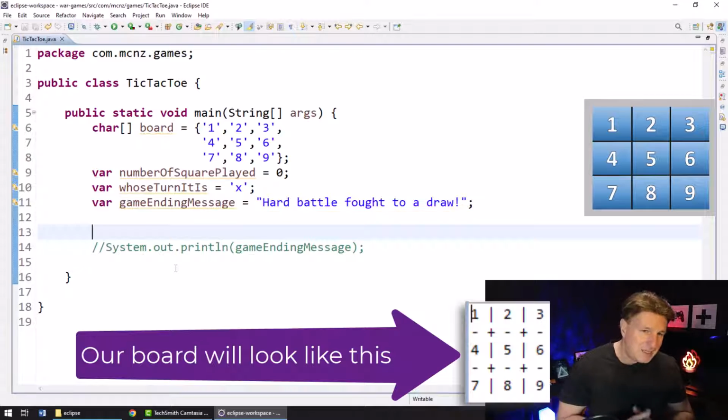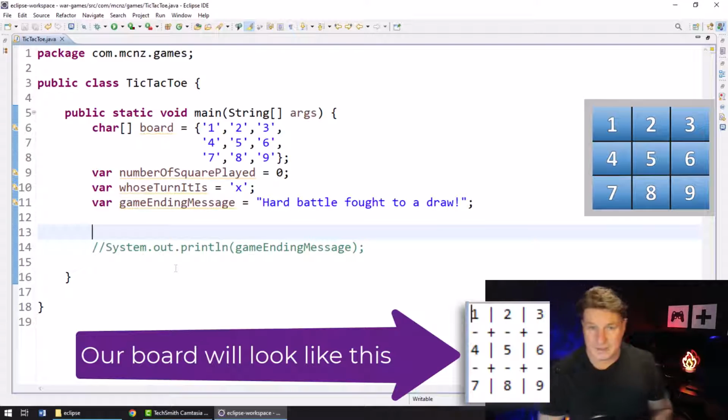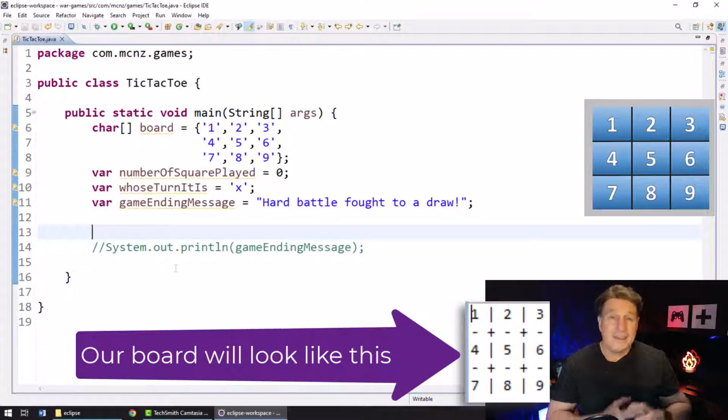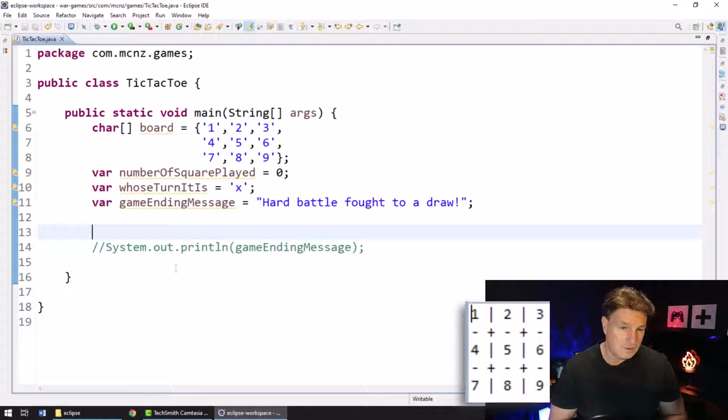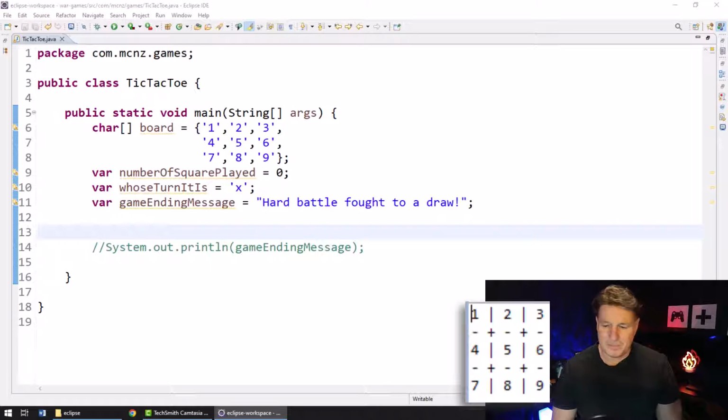Okay, so that sets us up nicely for the rest of the application. Our core variables are declared here. Now, the first thing that happens when the game loads is we print the screen to the user. So I'm going to actually create a method here, just a simple method. I'm going to call it print the board. It'll be